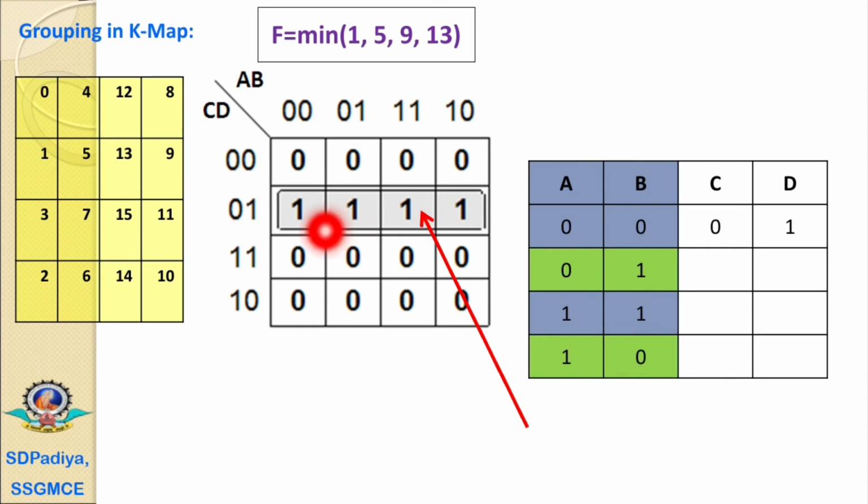At the row side, this group belongs only to a single row, therefore it is 0 1. Now for a and b, this is 0 0, and for the third it is 1 1, therefore 0 0 and 1 1 eliminate each other. And the two in the green color, it is 0 1 and the last is 1 0, therefore again these two eliminate each other. This means there is no term for a and b. Then what remains for c? c is 0 and d is 1, therefore the final expression is c dash d.